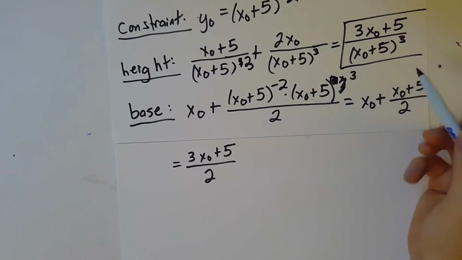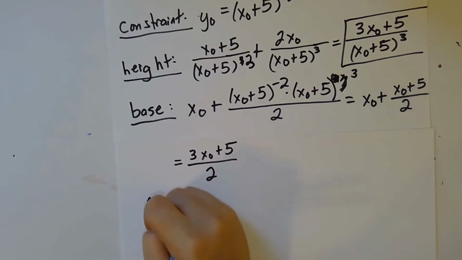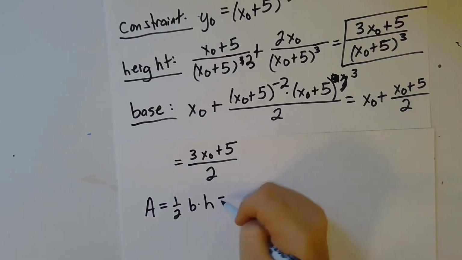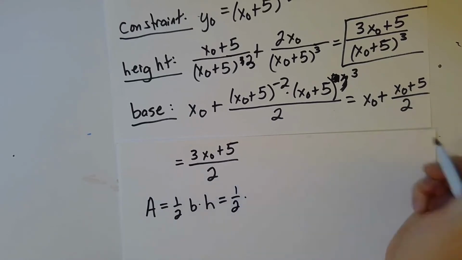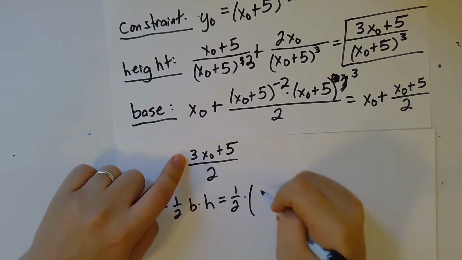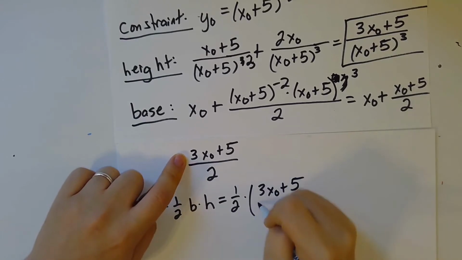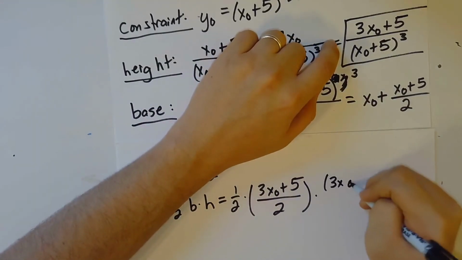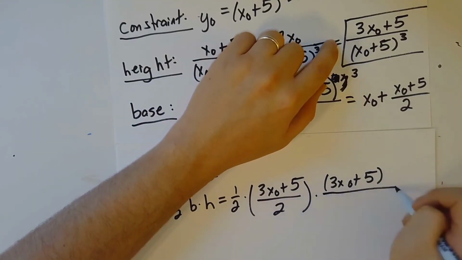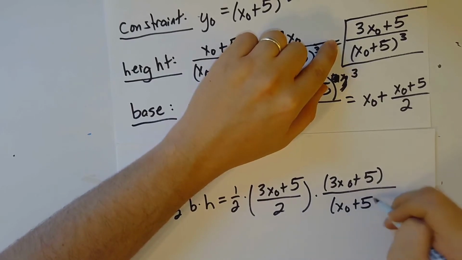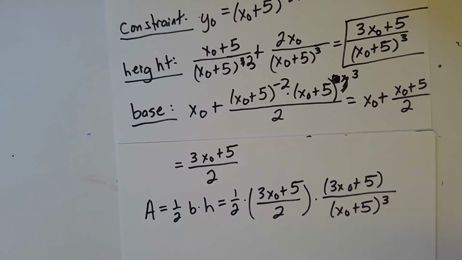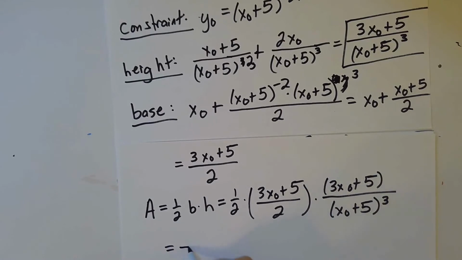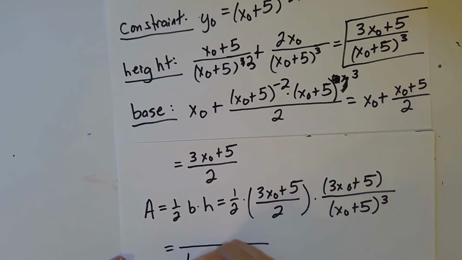Okay, so now we can come back to the area. So what is the area? The area is 1/2 the base times the height, which is 1/2 times (3x naught plus 5) over 2 times (3x naught plus 5) over (x naught plus 5) cubed, which is going to be, if I want to write this out as one fraction,